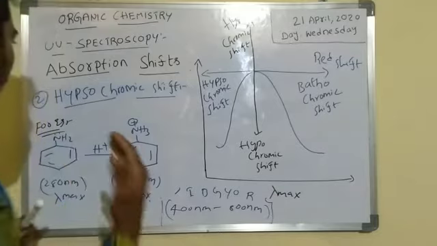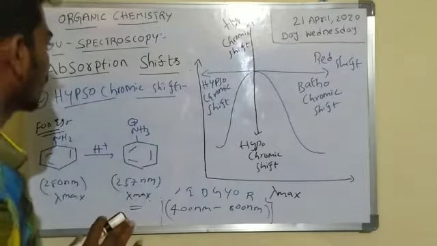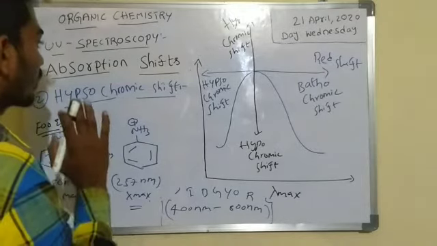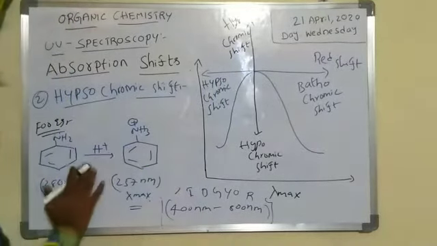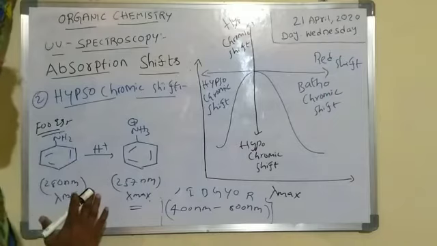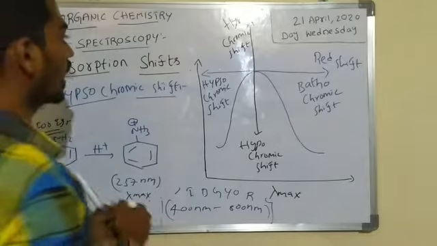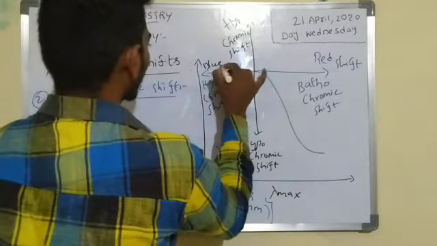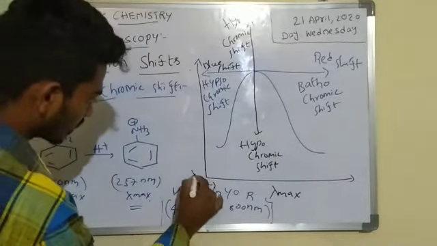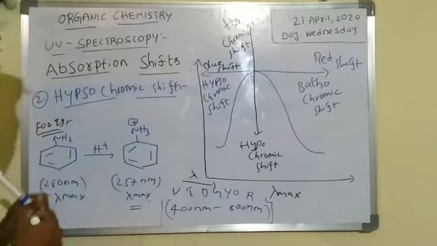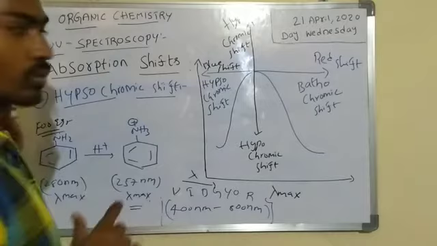Here again I can define hypsochromic shift. Hypsochromic shift is an effect due to decreasing the wavelength of maximum in the absence of an auxochrome. This hypsochromic shift is also called blue shift because of decreasing wavelength. Here increasing wavelength, and decreasing wavelength here. This is the blue shift. This is the red shift. Okay. Do you understand this hypsochromic shift? Next one,